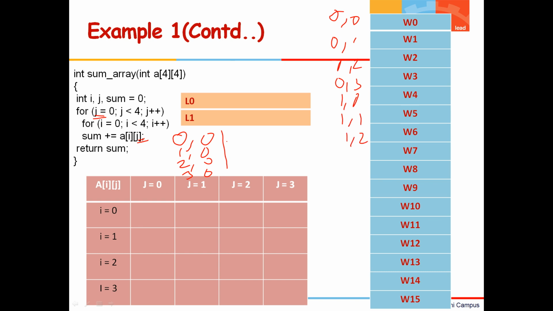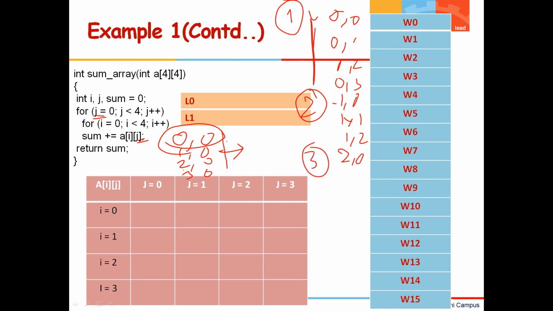Then you can see very well that the first reference, 0, comma 0, will be referred to as number 1. The second reference is 1, comma 0. And where is 1, comma 0? 1, comma 0 is here. So the second reference is here. Then when you come down to the next level, it's going to be 2, comma 0. This is 2, comma 0. So this is going to be the third reference. So you can see the stride: for every reference, we are having to skip 4 bytes.